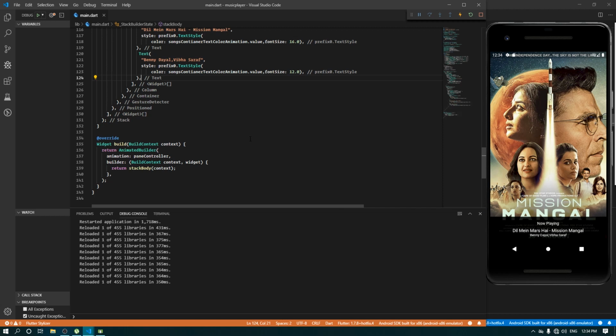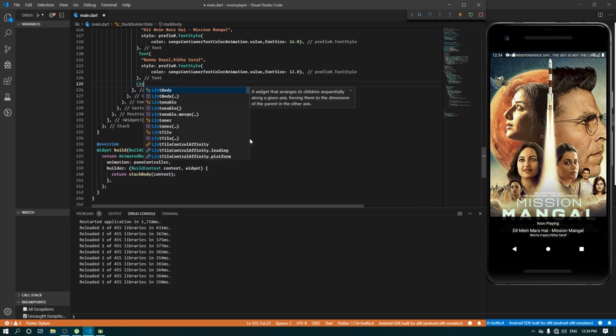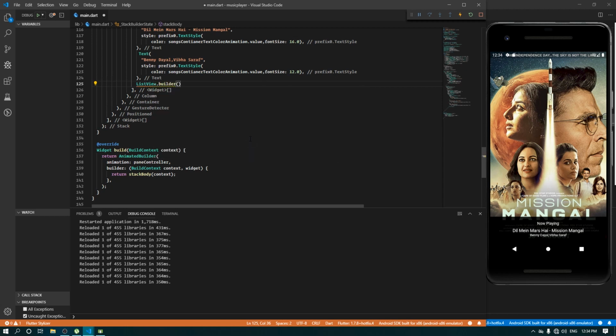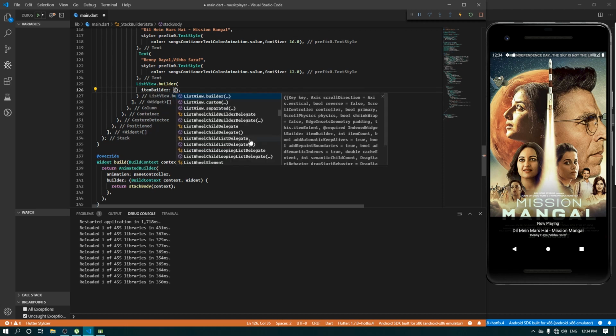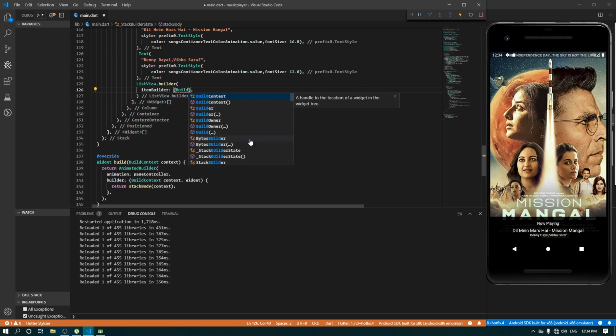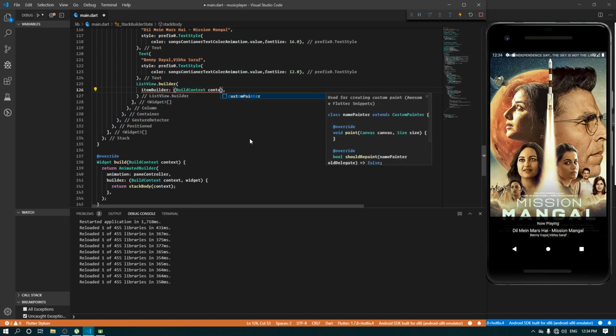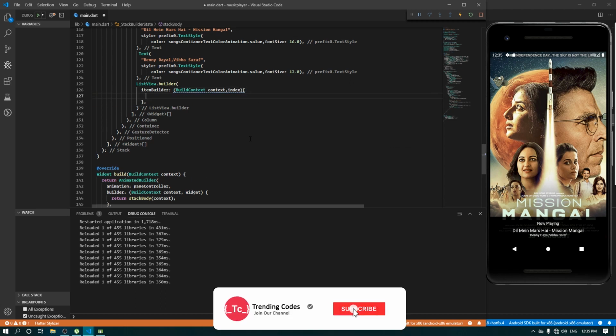So what I will do now over here is use ListView.builder. Always use ListView.builder, and it will make the performance better. I'm going to say itemBuilder, which accepts the build context and the index of your item. You can give anything over here, index or i or item, whatever you want. And it is going to return,